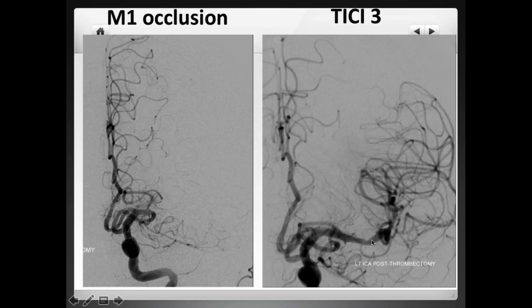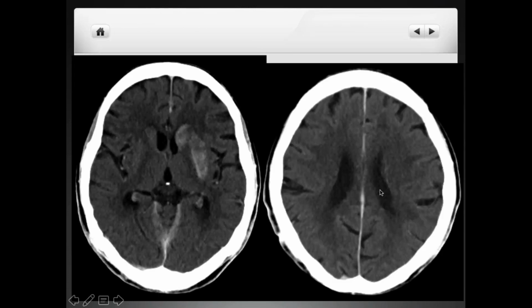This patient went to have an M1 thrombectomy with complete reperfusion, and the patient did very well. This is the post thrombectomy CT. In this case, we see a little bit of contrast staining in the area where the patient had a stroke. That happens very often on post thrombectomy